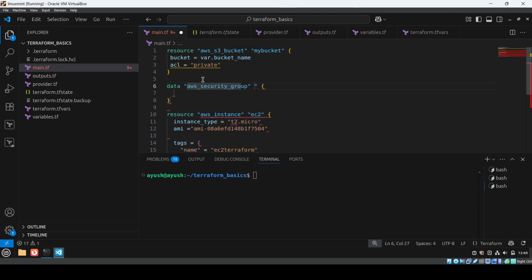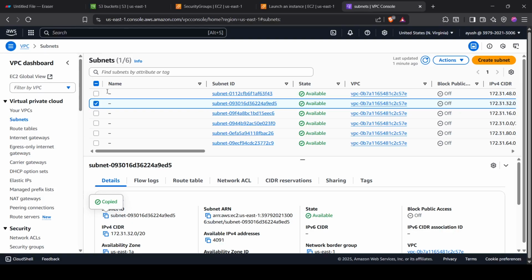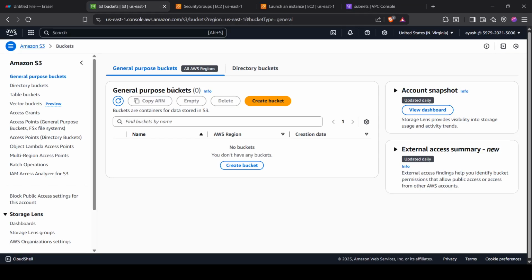Then here you can just give it some name, like SG or any name. Also, there are two ways to define this data block. One, you can use the filter, and another is to simply hard code it. So the filter, basically what I'm trying to say is, suppose here we have multiple security